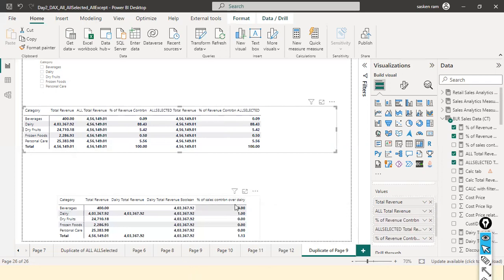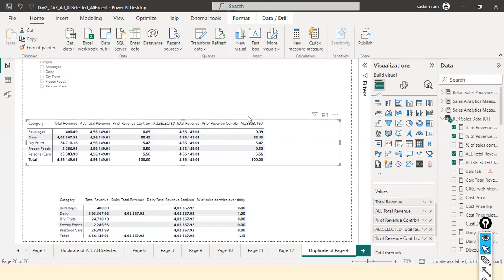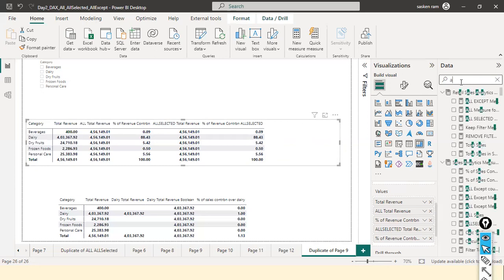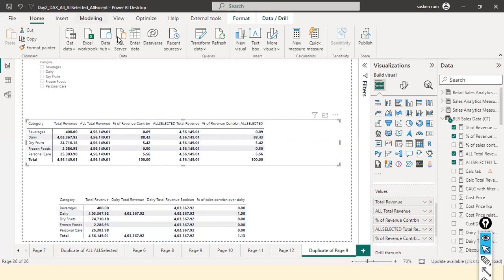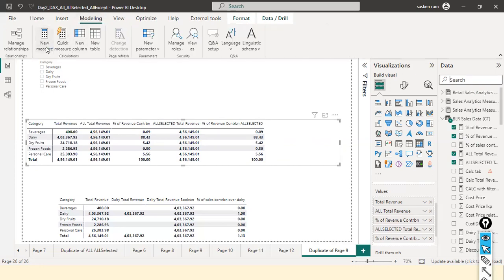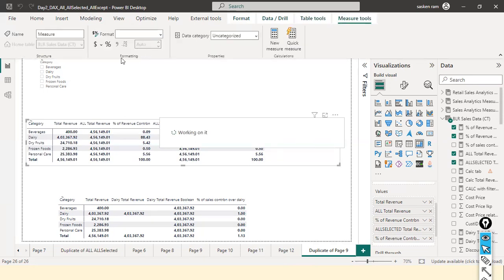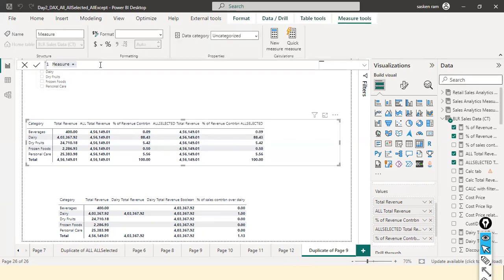The syntax for the all except function is it takes the first argument as a table. So this is somewhat not similar to your all selected and all function. In the case of all except, the first argument you need to specify as a table name. So let me see if we are lucky to see any all except. All except is not there. Okay, I will just create a fresh one. Modeling ribbon, click on new measure. So I just say total revenue